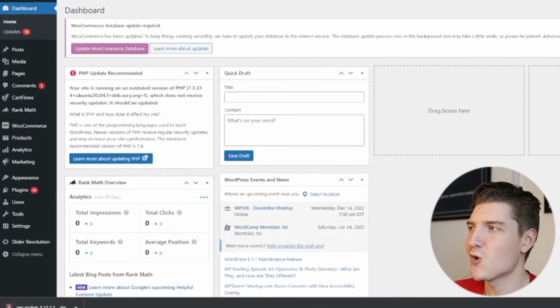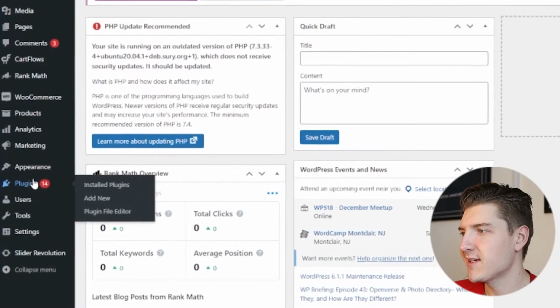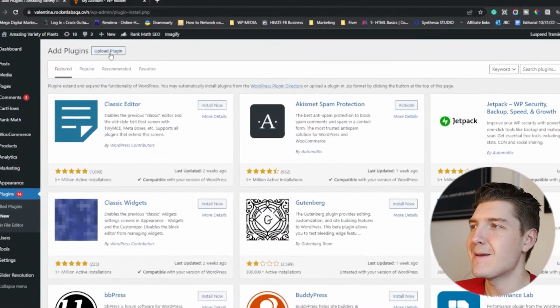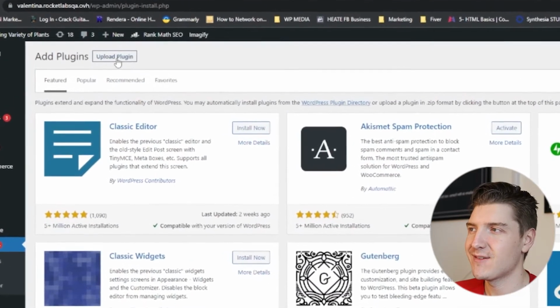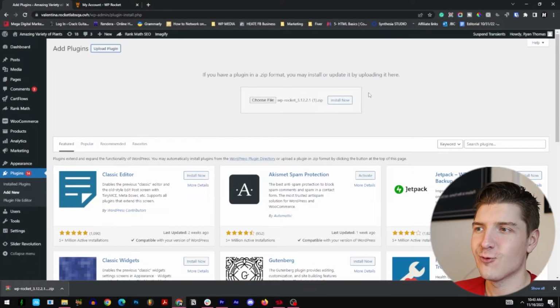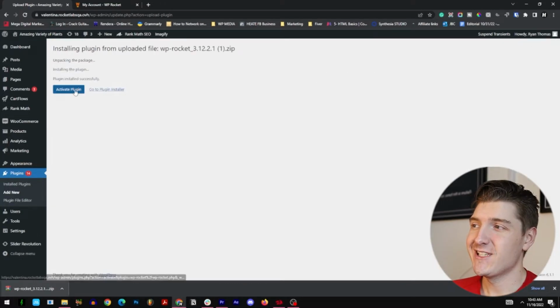So if we hop back to our WordPress dashboard here, we go to plugins on the left-hand tab and then click on add new. You can see there's a button to upload a plugin in the top left-hand corner. We're going to click on that. And then all we have to do is we can drag our plugin right into there and then we'll click on install now. So now once it successfully installs, all we do is click on the blue button that says